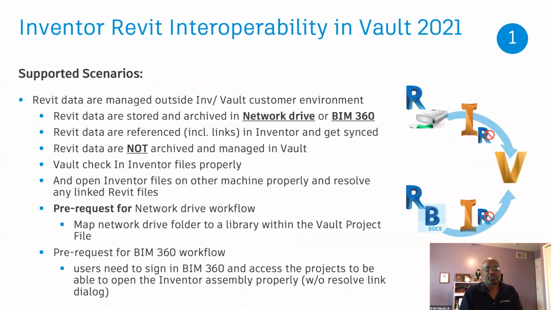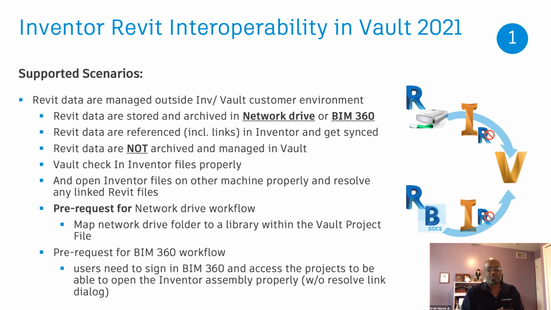So some of our supported scenarios here that we're talking about is Revit data that is stored and archived on a network drive or in BIM 360. The referenced links within Inventor are still there, and they keep the Inventor model in sync with that reference, but the Revit model then is not in Vault. And again, you can also have the option to store those Revit models inside of Vault if you choose to